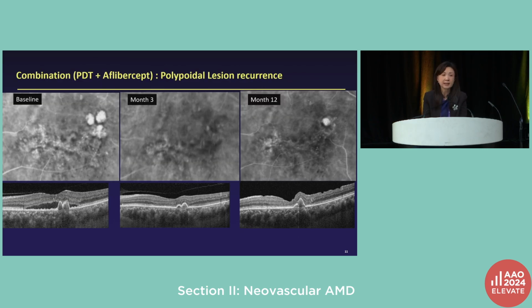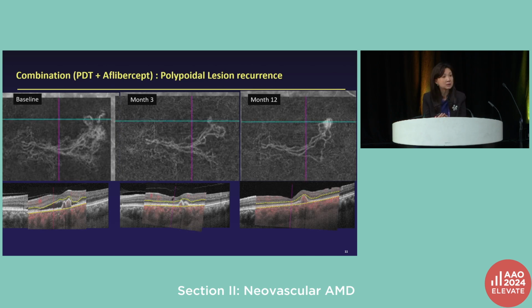Perhaps one of the reasons is reopening of the polypoidal lesion, as demonstrated in this case. This case was treated with PDT combined with aflibercept. Here, the ICGA. Note that there is no fluid, but on the OCT angiography, this is really intriguing. You notice that there's progressive stabilization or remodeling of the branching network with decrease in vessel density, yet concurrently there